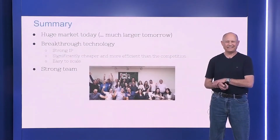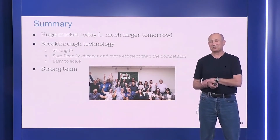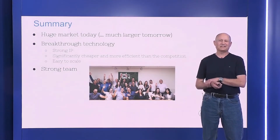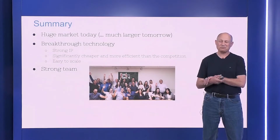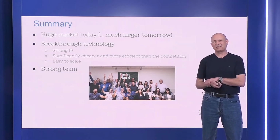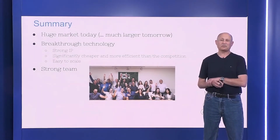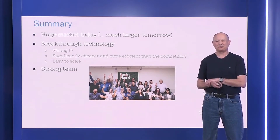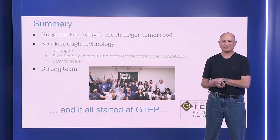So, last slide. I've shown that hydrogen is a huge market today. It's going to get a lot bigger in the future. We have a breakthrough technology. We believe that we have a strong IP, and we're making it even stronger. The technology is significant in terms of its efficiency and in terms of the cost of goods at the end, that we believe will be very competitive with the existing market. Finally, we have a very strong team,